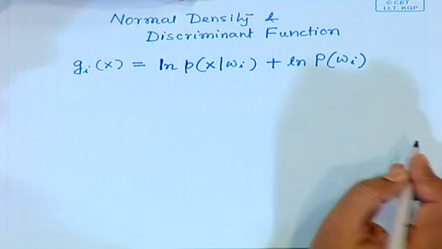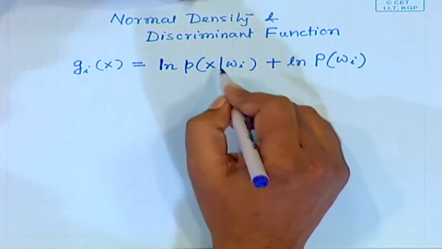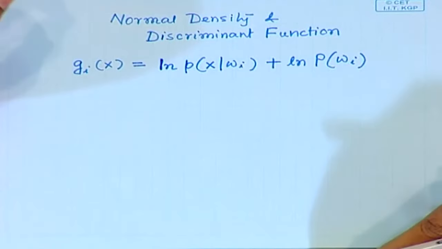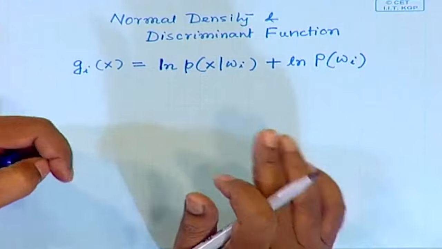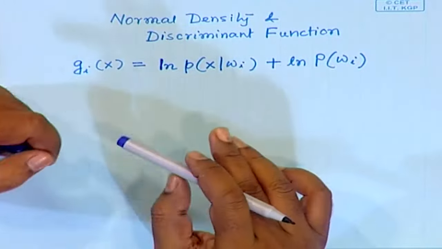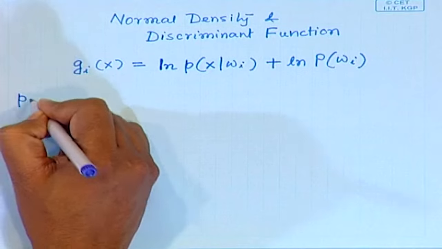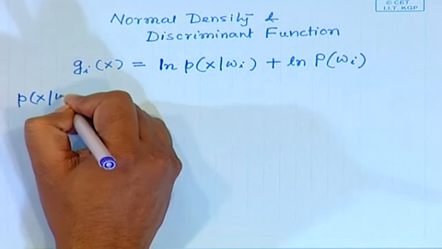And if we replace this probability density function P(x given omega i) by a normal density having the covariance matrix as sigma i and the mean vector as mu i, that is P of x given omega i, if we write in this form